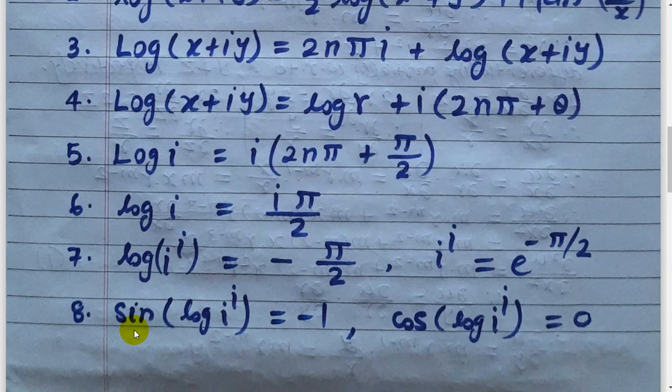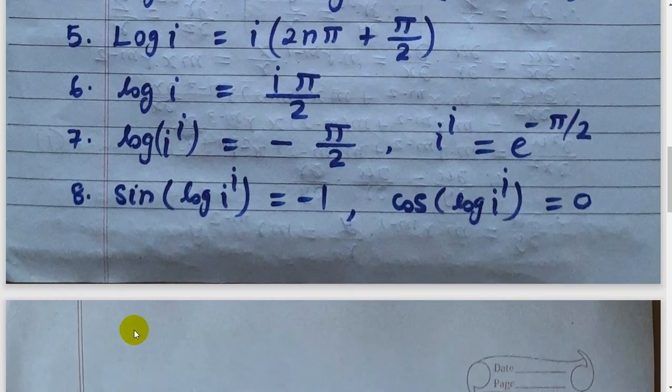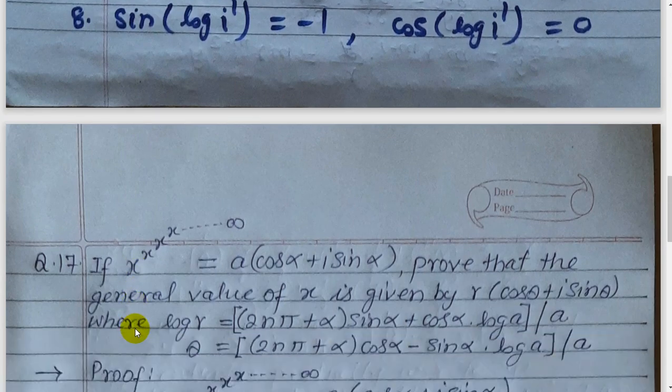Now see question number 17, which is very important for the college exam as well as for the university exams. If x to the power x to the power x to the power x up to infinity equals a cos of alpha plus I sin alpha, prove that the general value of x is given by r into cos theta plus I sin theta, where log of r equals